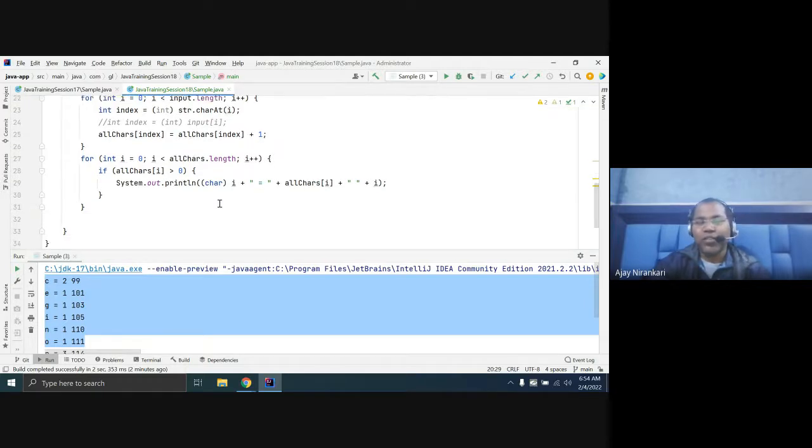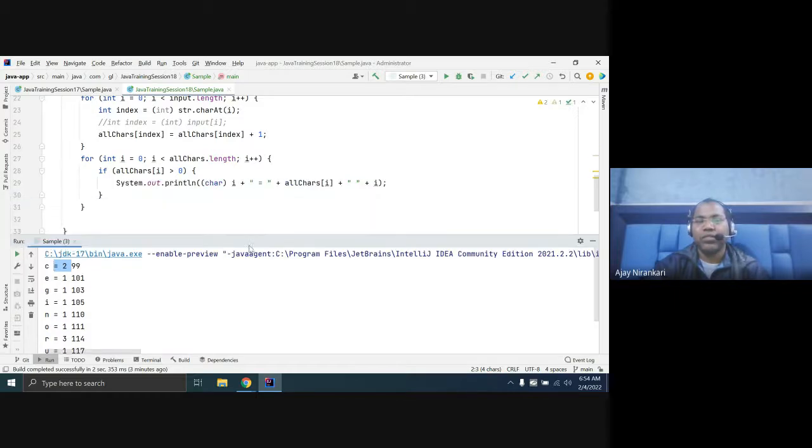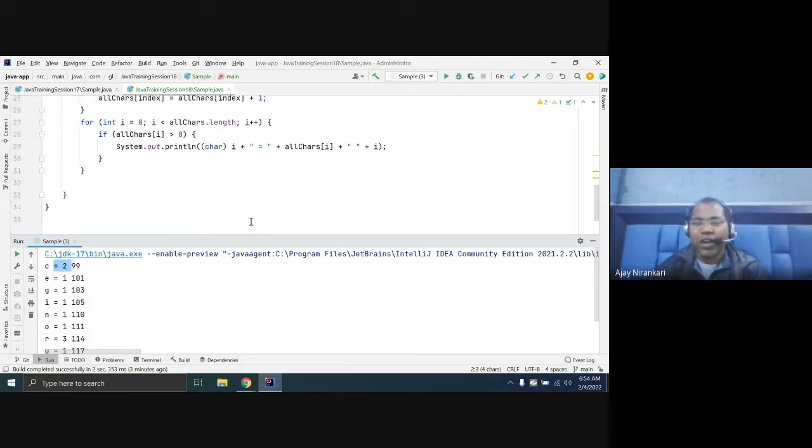So can you think how we can print first this value, second this value, after that all? Somehow you have to find out what is the maximum, then the next maximum, then next, then next, right? Can you think how to do it?